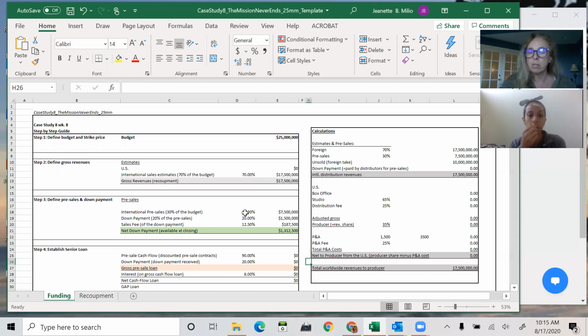When we start the process of actually selling distribution rights, we're entering into distribution agreements as we would when we sell the movie. The only difference is we're selling this before the movie is finished. So that's why they're called pre-sales. Otherwise, you would just be selling distribution rights, because that's how you make money with your movie, right? And in our assumption, that number that we're pre-selling is 30%. So 30% of our budget is now being pre-sold as actual distribution rights. So that's this number, 7,500,000.